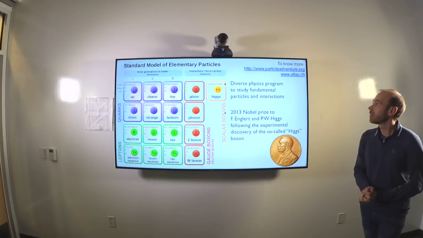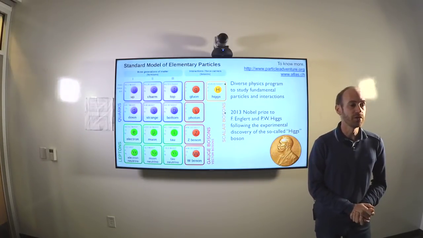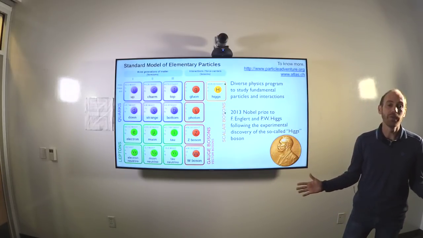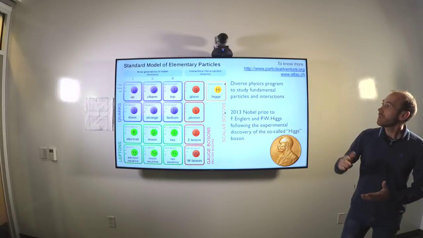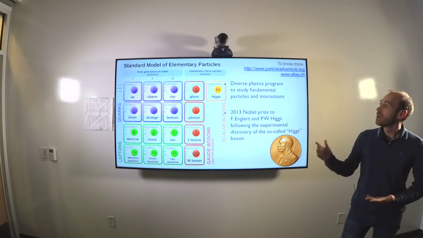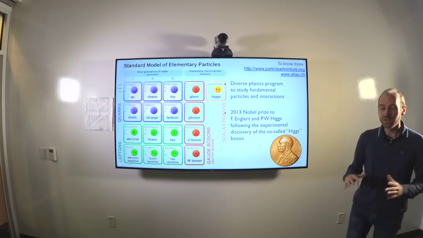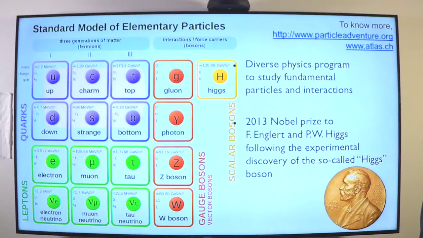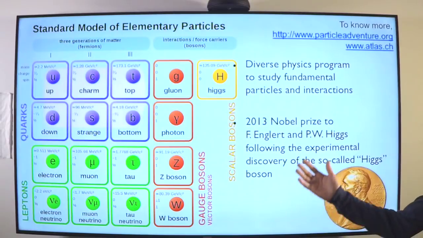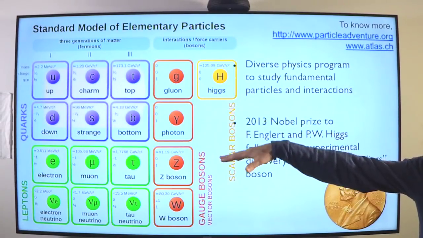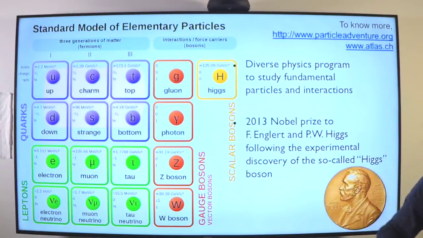Similarly, the physics program, the measurements that we perform using this accelerator, is quite vast. We don't only look for dark matter, we look for many different things. In particular, one thing we like to test is a theory we have, the so-called standard model of particle physics, which is a theory that tries to explain, essentially at the fundamental level, every phenomenon that we see around us. Here you have a sketch of what we think are the fundamental particles in nature. Most of the matter we know is really composed of just a few of them, the up and down quarks and electrons, and that is enough to build atoms and basically most of the matter around.